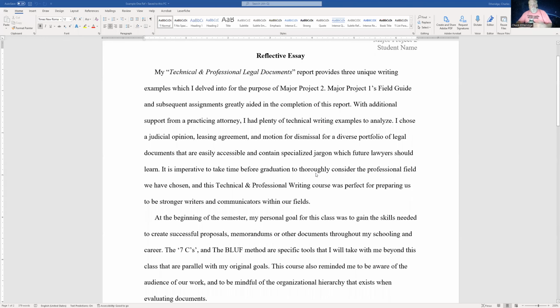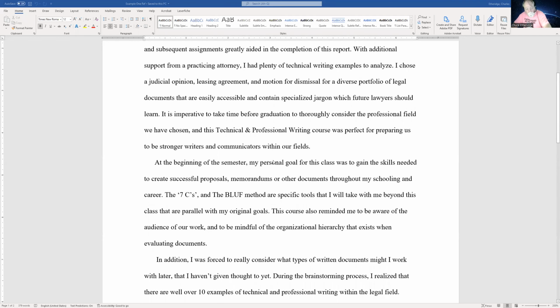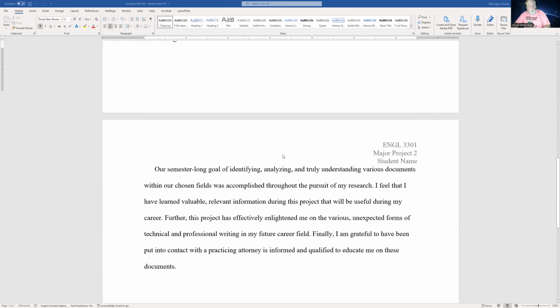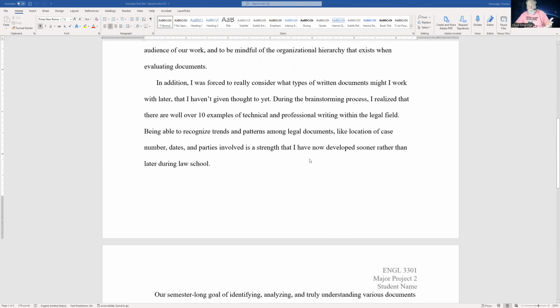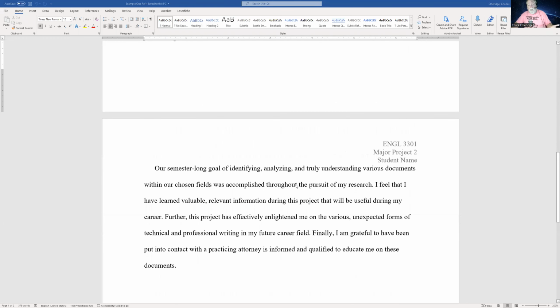I'm sure there's going to be a more elegant way to do this than the way I'm doing it. But notice her reflection: my document reports provides unique examples I delved into for the purpose of major project 2. You're going to have this thing, so I won't read the whole thing. But she talks about her goals for the semester, what she learned. She brings in some of the writing and the readings and discussions that we had. And she talks about how it informed her understanding of this project. And then she talks about the semester as a whole. Very good, thoughtful reflection. And then here is her infographic,